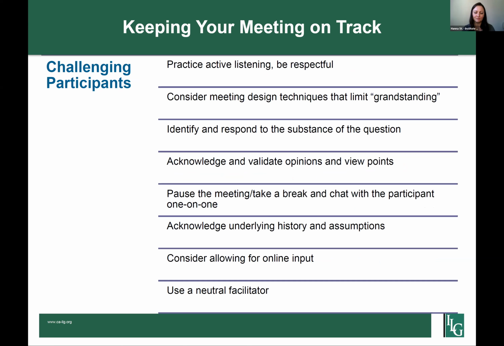I'm sure this is something that has come up in your meetings, especially as you're talking about some of these controversial topics. You definitely can have challenging or emotional participants in your meeting. So again, we aren't going to read this, but just think about some of these things that can help in terms of using a neutral facilitator. If things are really getting out of hand, pausing or taking a break, and you can have a one-on-one conversation